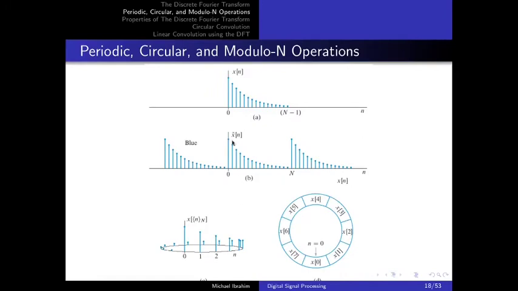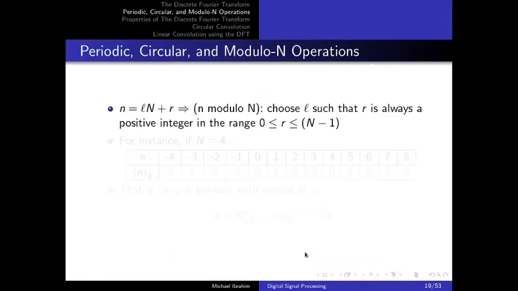So these are the three approaches we can use to deal with this periodicity. If this is x of n, the first approach is to do what's called periodic extension, to repeat this one cycle from minus infinity to positive infinity to get x tilde of n. The second approach is to write this sequence x of n on a circle. And the third approach is the modulo operation. So, as we said before, n is equal to L times N capital plus r, and computing the modulo operation,